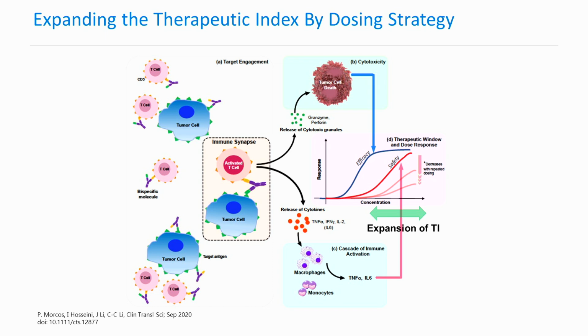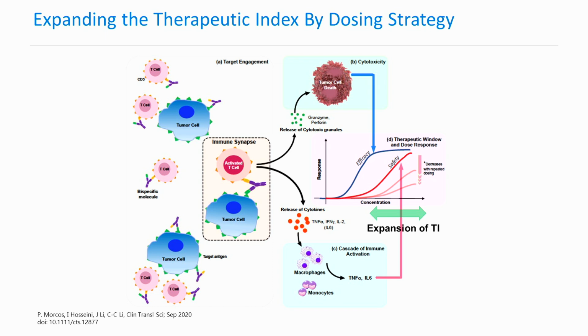So to put it all together, Mosun works by engaging the T cells and the tumor cells to create an immune synapse to activate the T cells, which drives tumor killing. It also leads to a cascade of immune response to produce IL-6, leading to CRS. The integrated picture of the therapeutic window can then be represented by exposure response curves. For efficacy, we were able to characterize the exposure response by addressing the confounding effect through modeling of the receptor occupancy and saw an increasing efficacy with exposure that eventually plateaus at high exposure levels as shown in blue. And there is also an exposure safety relationship that reduces with repeat dosing as shown in red.